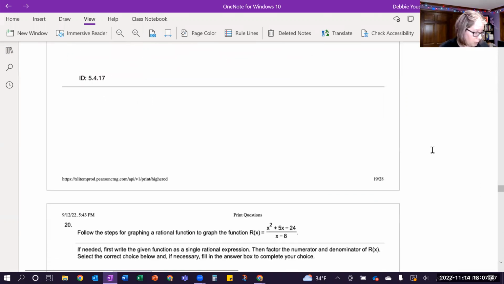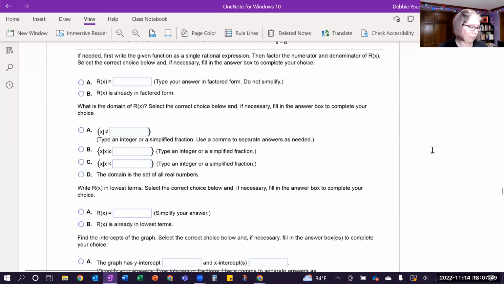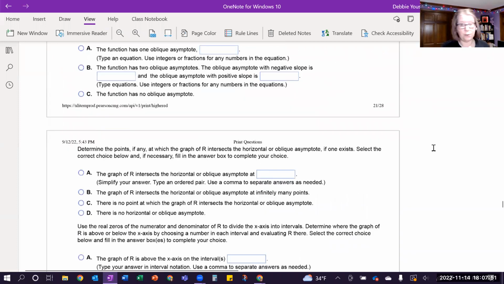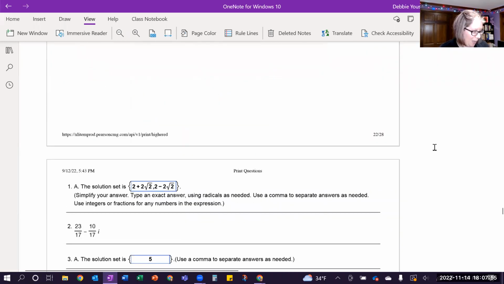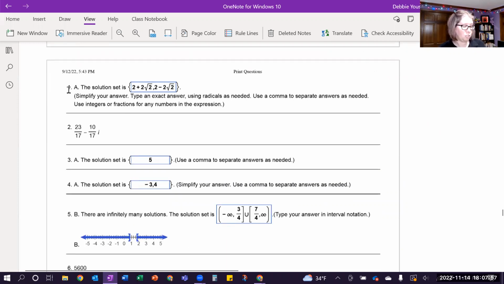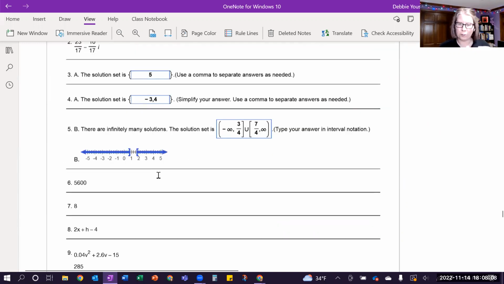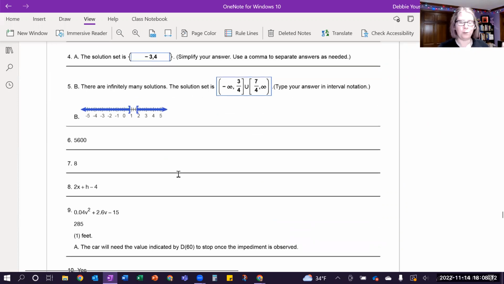And if you've also looked at this in advance, after problem 20, you will see, it's a very long problem because of all the parts that are in my lab when you print it out. You will see right here, it starts over with question 1, but it's not the question, it's the answers. So what we also encourage you to do is use these last pages that give you the answers, not all the detailed worked out solutions, to check yourself and say, okay, do I know how to do this type of